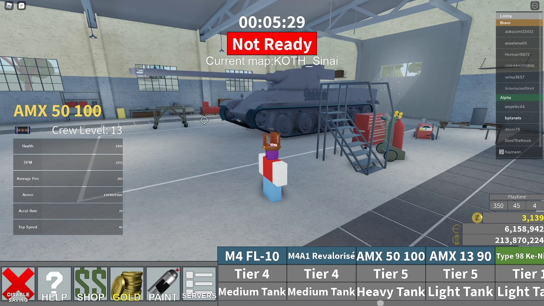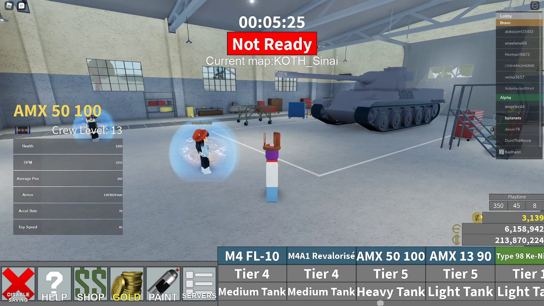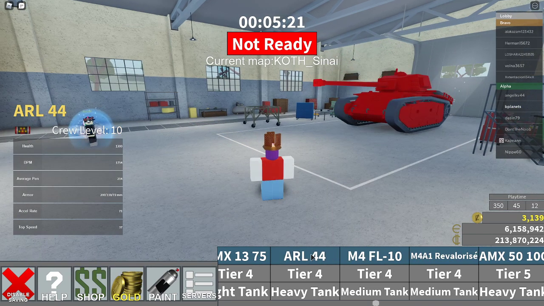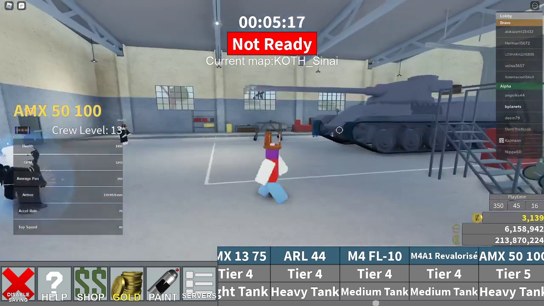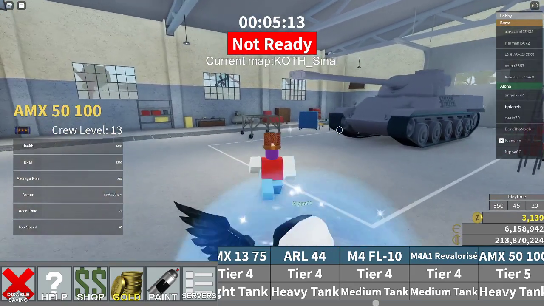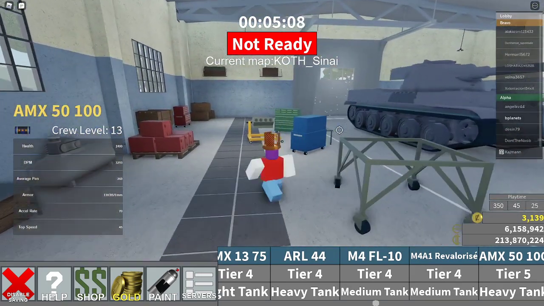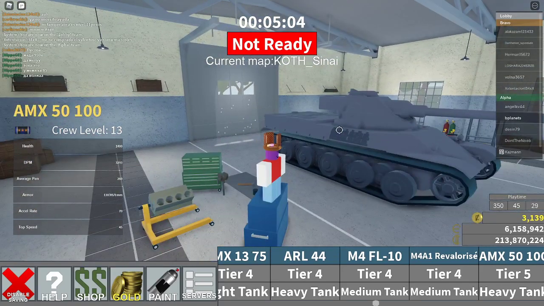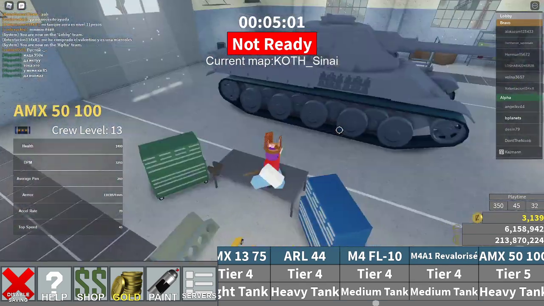But its gun did get buffed. It used to have the same penetration as the ARL, which is an abysmal 240 millimeters. But now it's got 260, which means this thing will overmatch practically everything it sees. T-54s, Tiger 2s, E-50s. T-125 will be quite difficult if he's hull down. You won't be able to overmatch him as easily, but